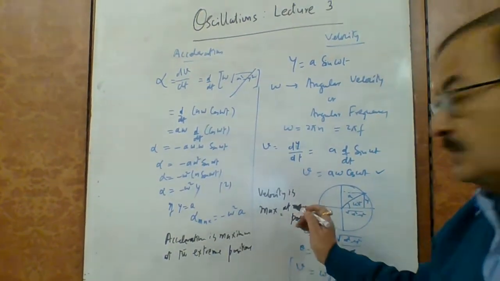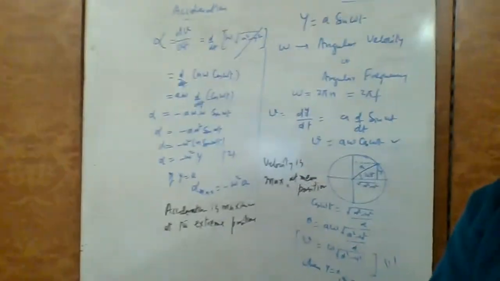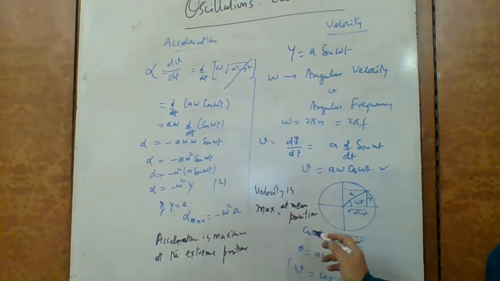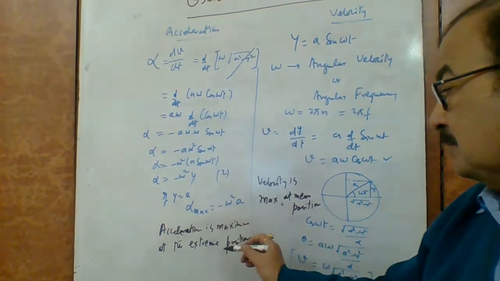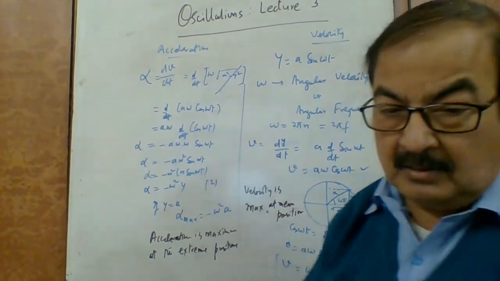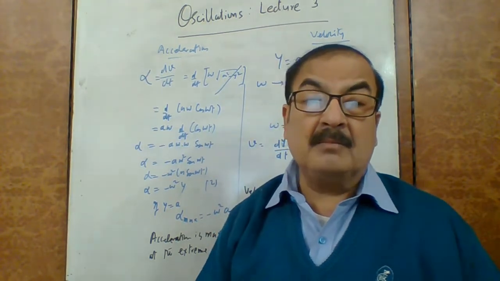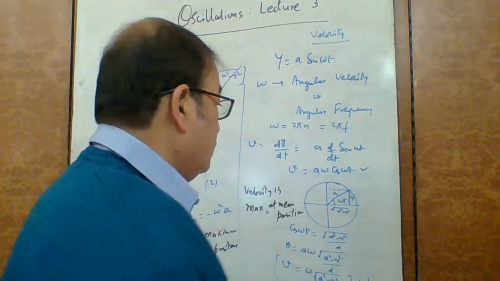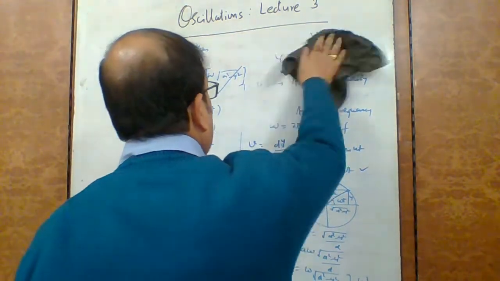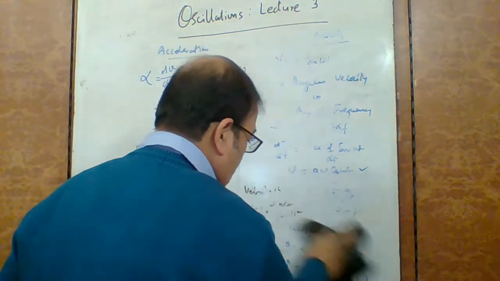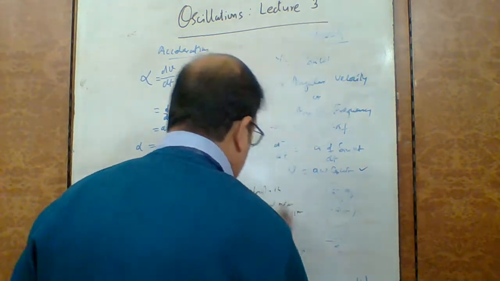Okay, this is the very general thing. You can see that velocity is maximum at mean position and the acceleration is maximum at the extreme position. These are the facts of how we actually determine the velocity and acceleration by differentiation method. But this is not the actual method of calculating; rather we have to adopt the same circular method to find out the exact method of how we calculate this. We can take one by one.